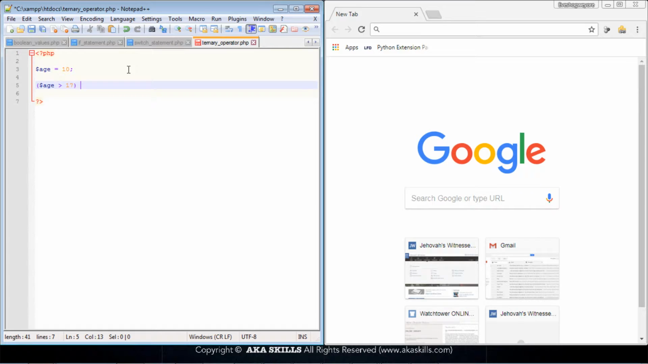Now this is our condition. Remember, what follows is the question mark. Now after this, the first thing we are going to supply is what we want to actually be carried out if this condition is true. If age is actually greater than 17, what should the program do? We want it to echo the following statement: you are an adult. But of course, now after which we are going to supply the colon